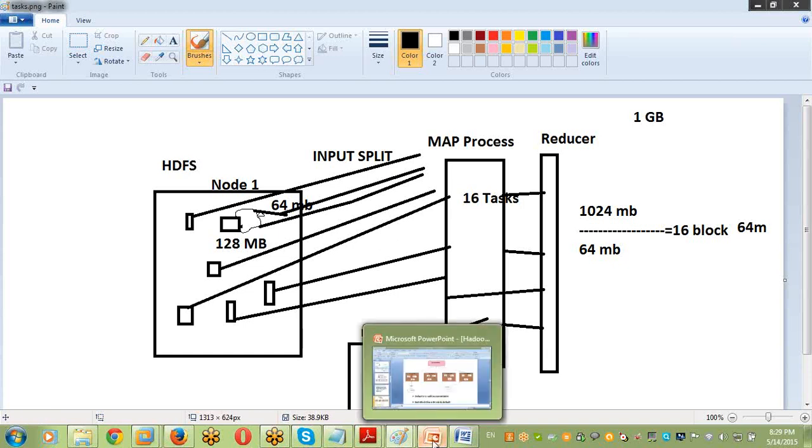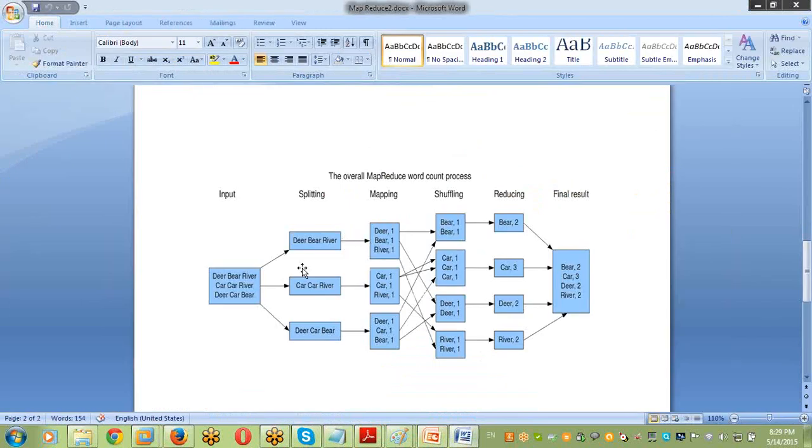This concept is clear. The first one, follow the diagram. Right now we are here, see my cursor. The mapper reads the data from the data node with the help of splitting and applies the mapping logic. What is the mapping logic? The framework takes care of that. According to our code, whether we are submitting a count of the employees or a count of the words, we are writing that code. According to that code, the mapper takes care. What is the mapping logic? What is the reduction logic? The mapper goes to the data nodes, the respective blocks, with the help of splitting, reads the data, and applies the mapping logic.